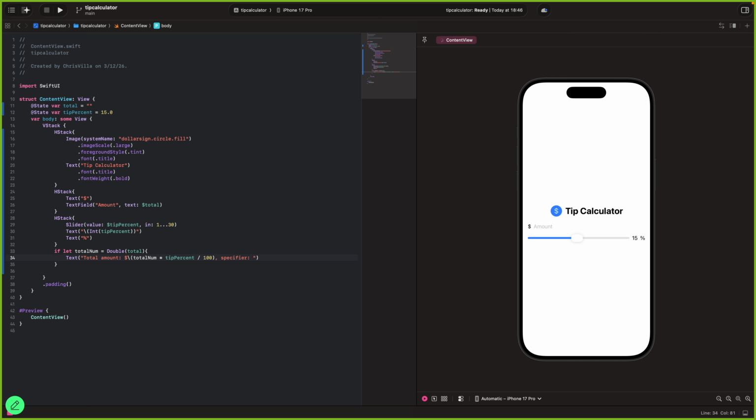That's a colon and then inside of these quotation marks, you're gonna add percentage 0.2f. Wait, you should have this one. There you go.